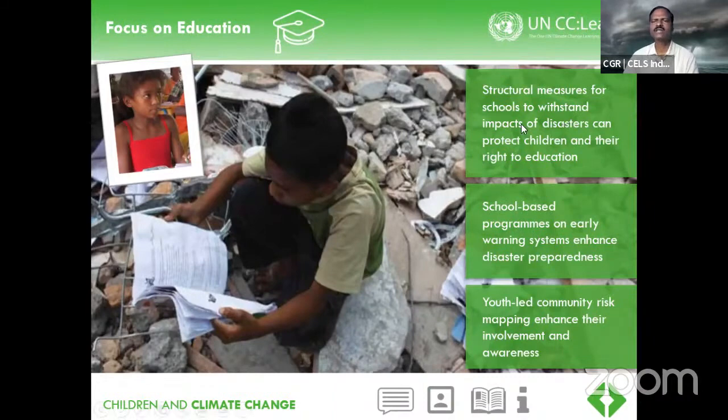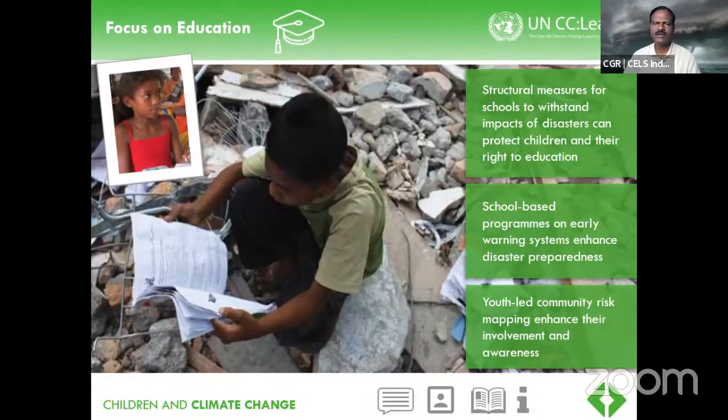But otherwise also children are there, let us say during the school time, if children are there, in case of a disaster, they will be there anyhow, taking shelter there. So as relief, the school buildings and premises are being used. And this school-based program, like I have initiated, temperature and relative humidity sensors. Children themselves assembled, and they have put in about 10 schools in Ahmedabad and Surat areas,